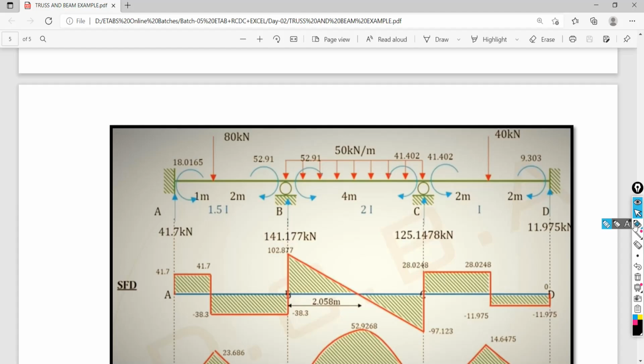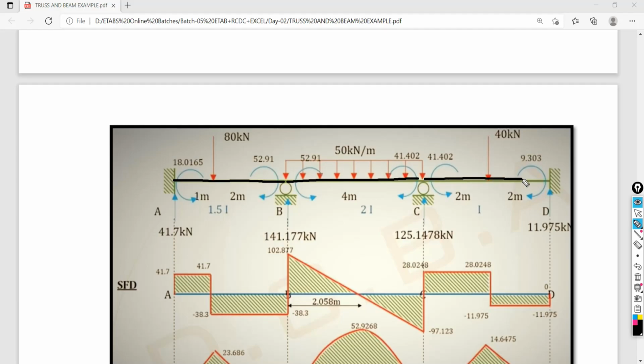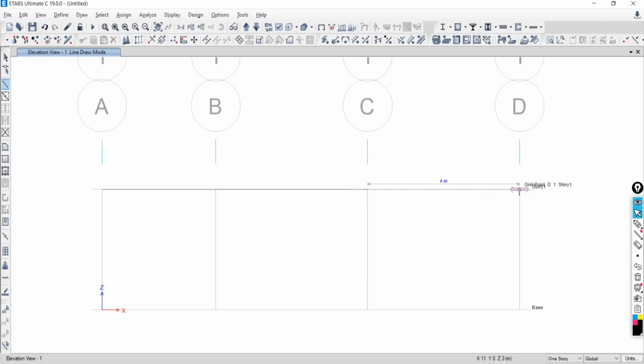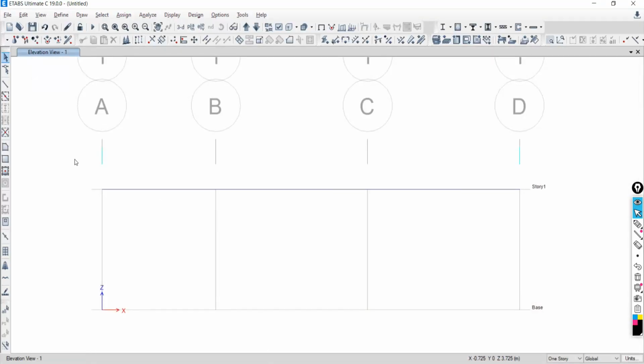3 beams we have to model, first, then second, then third, like this. 2 breaks will be there. This is the start point. From this freely move, click here 3, move here 4, then click here. Now this is done. On left side and right side fixed support is there.